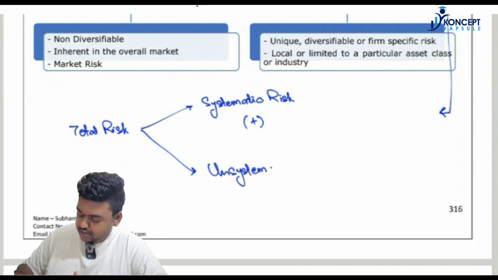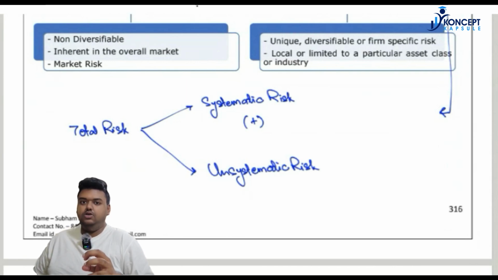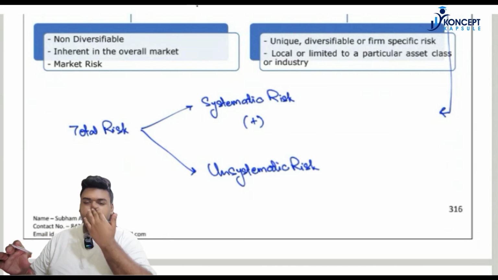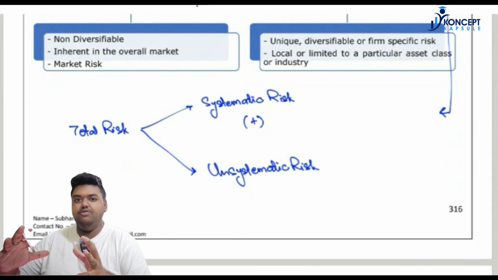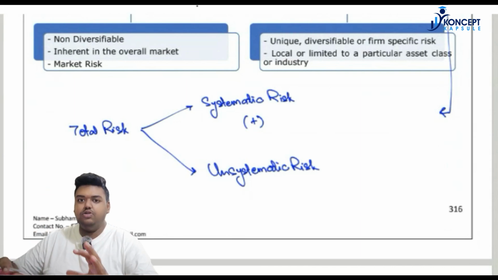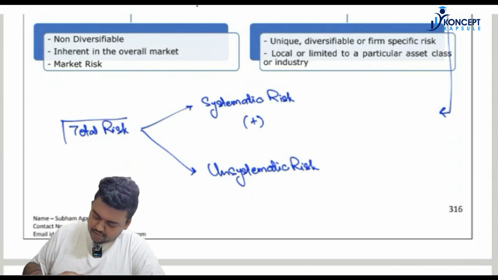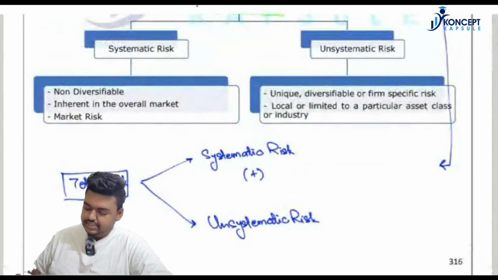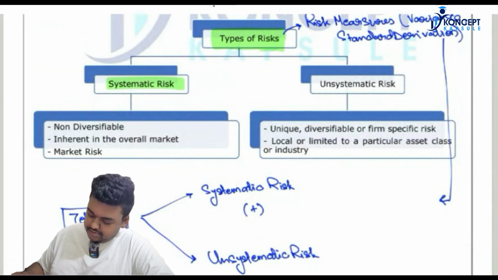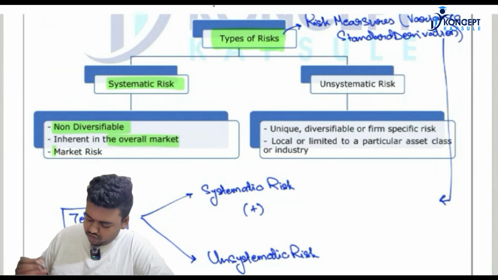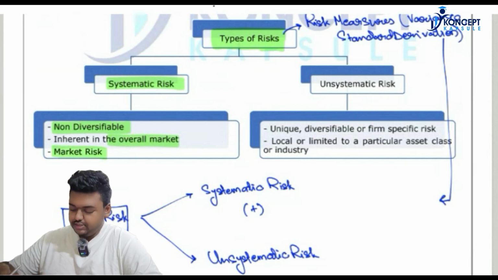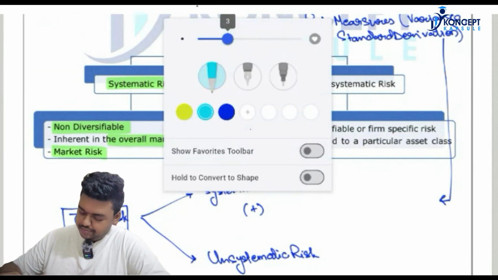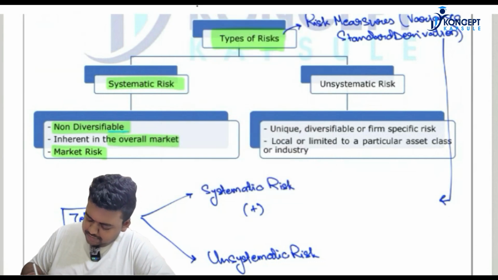Okay. So an important point here is that we are breaking the total risk. It is not a different category of risk altogether, or a different thing we are trying to study. We are just deep diving into the total risk which we have seen in part 1. Total risk is divided into systematic risk and unsystematic risk. What is systematic risk? Systematic risks are those which are non-diversifiable, inherent in the overall market, and are market risk. So what is non-diversifiable? It means that